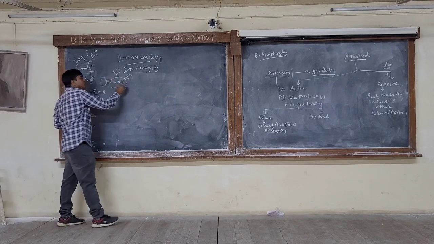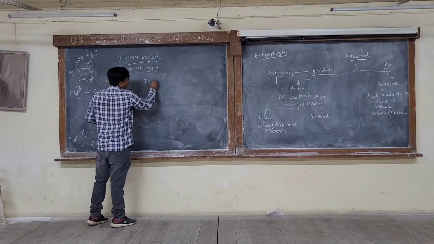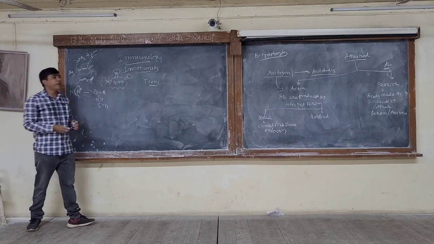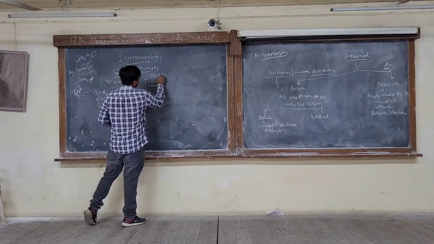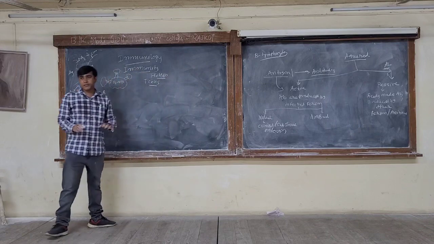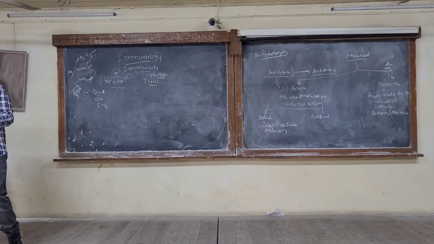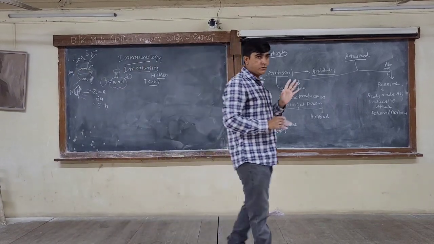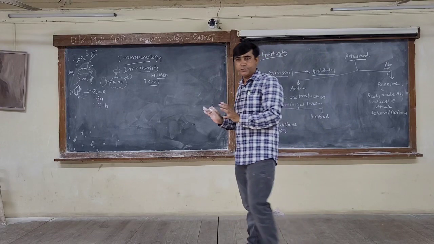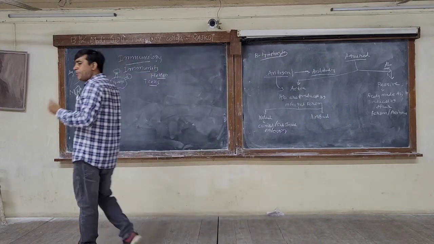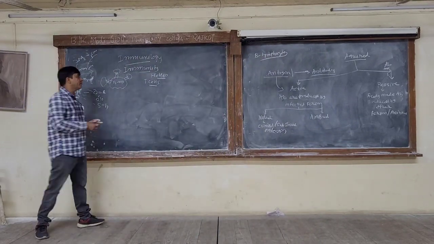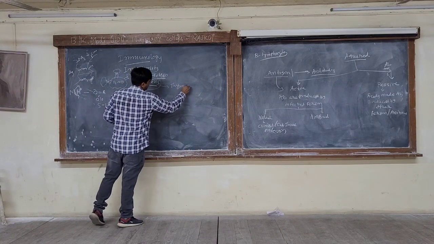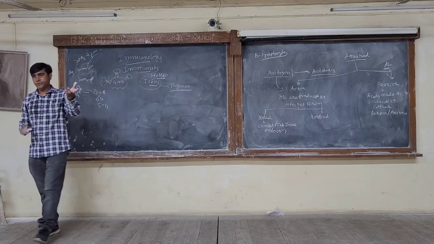Now, the T cells also help them in this selection or in this binding. They are called helper T cells. The T cells are also two types: killer T cells and helper T cells. Both B cells and T cells are lymphocytes, and both are produced in bone marrow. But after production, the T cells migrate from the bone marrow to the thymus, and they mature in the thymus.